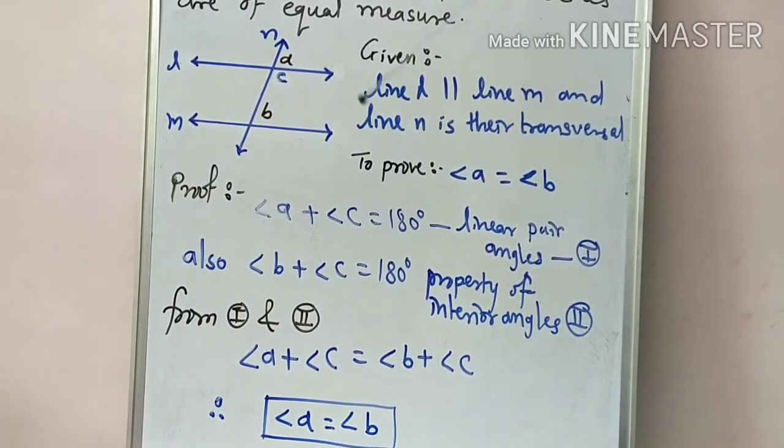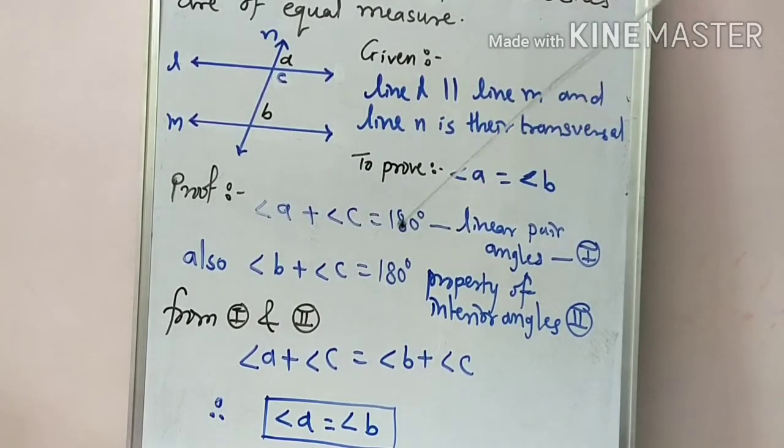Did you understand what we did? Just take one angle which is interior to B, because this corresponding angle theorem depends on the interior angle theorem. So we take one angle which is interior to B, we name it C, but that C is a linear pair with A. So here we use two properties: linear pair angles are supplementary, so we take that sum as 180 degrees, and similarly if lines are parallel, the interior angles pair is also supplementary, so B plus C is also 180.